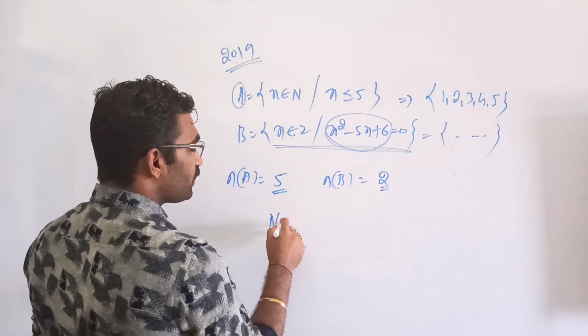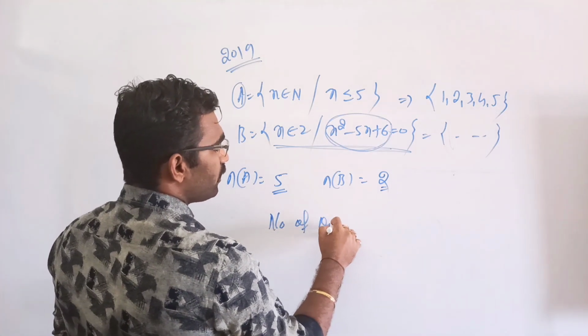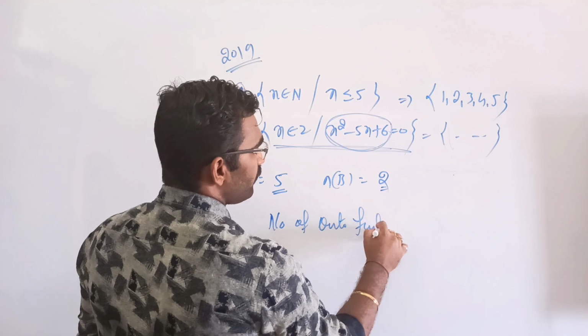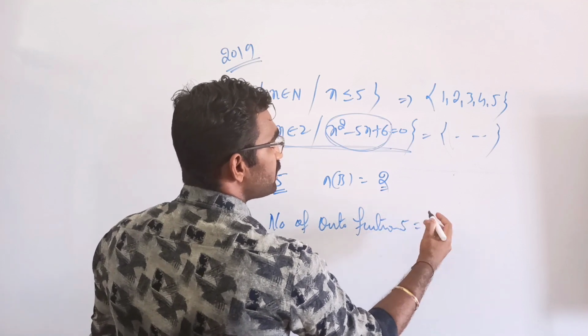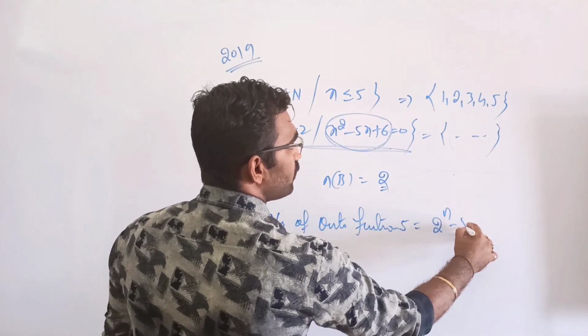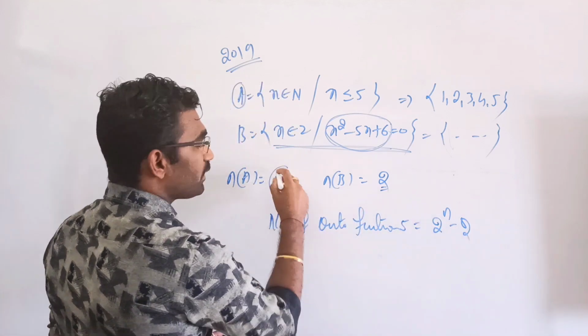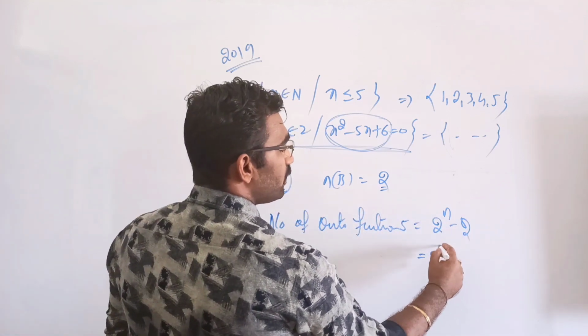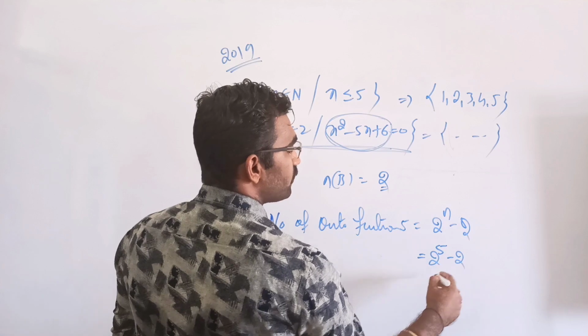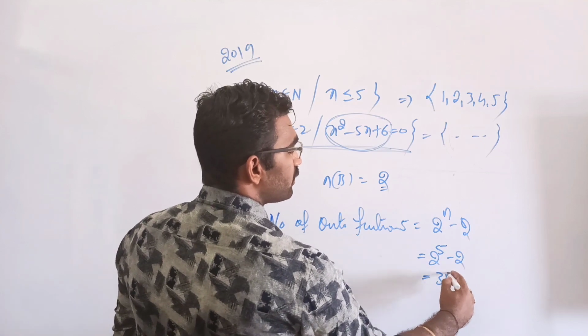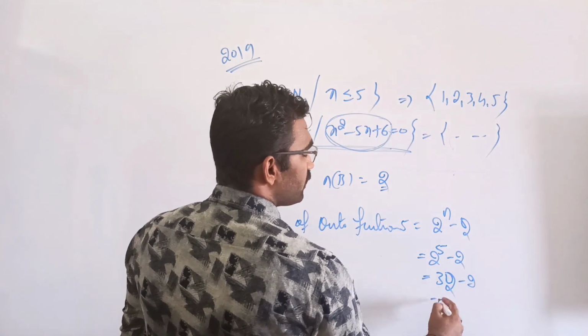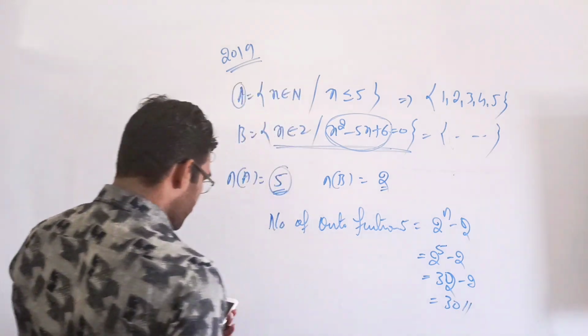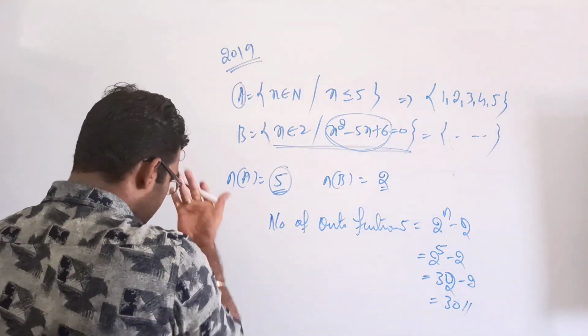Therefore the number of onto functions is equal to how much? 2 raised to n minus 2, where n is 5 here. Therefore 2 raised to 5 minus 2. 2 raised to 5 is 32, minus 2. Therefore the answer is how much? 30. If you check the options they have given,